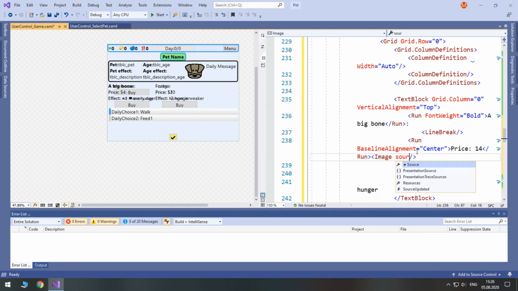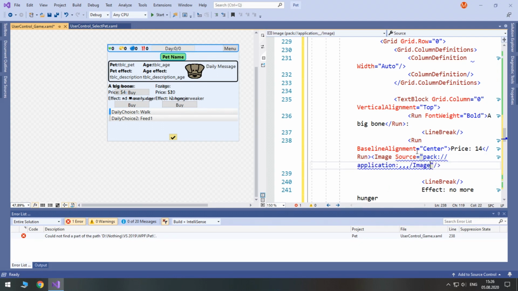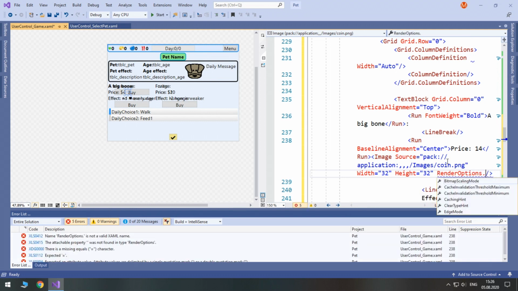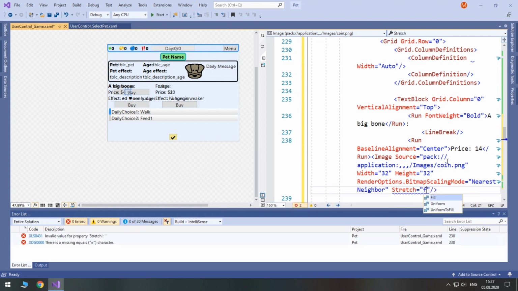Set its source to pack://application:,,,/images/coin.png. Set its width to 32, set its height to 32 as well, set render options bitmap scaling mode to nearest neighbor, and set the stretch property to fill.